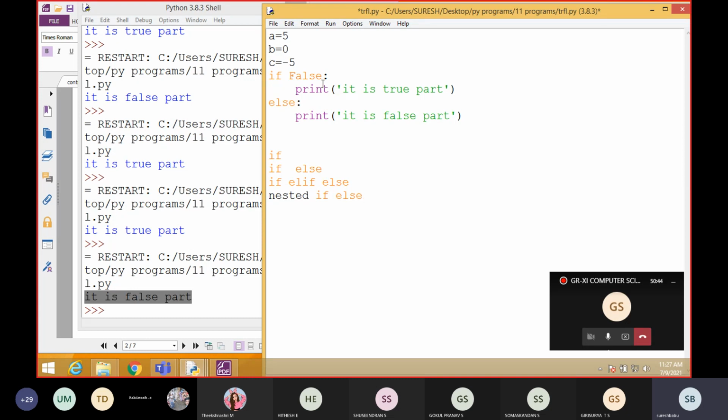What is the idea? You just understand the question. If the question shows only one output, you have to choose the if program. If it shows two choices, such as positive or negative, even number or odd number, A is big or B is big, like this, two options coming means you have to choose the if else program. Students understood?